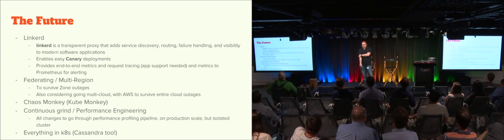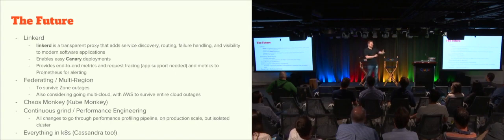So continuous grind is kind of a term I came up with where we have a cluster that's spec'd similarly to our production cluster, but it's spec'd to run 10 times or more the amount of volume that we're expecting normally. Ideally, what we'd like to do is make this part of our deployment pipeline, meaning that when you land